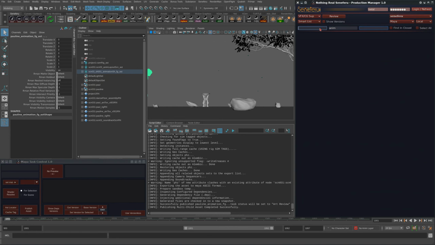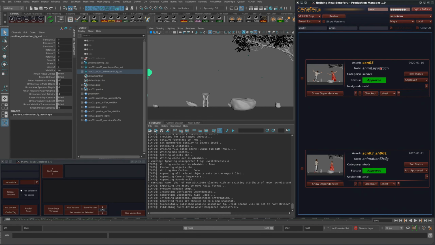Now this automatically approves the animation task. This can never be directly approved because it doesn't work like that, because it's multi-children assets, and later if you receive a note on one of the